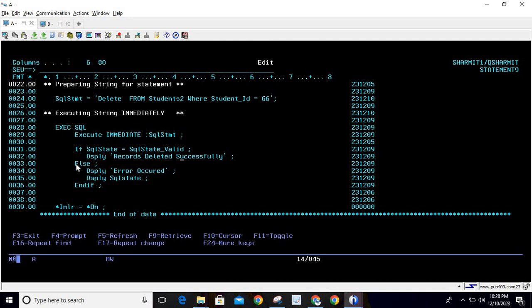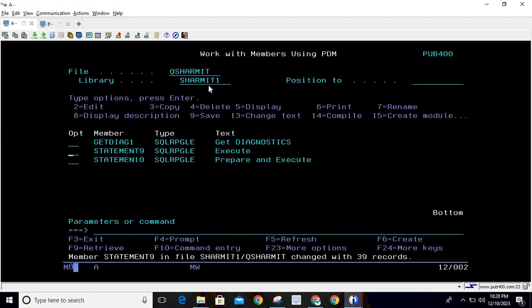You can also specify an else if condition to check for SQL state 02000. Otherwise you can make the program dynamic, as I did here. I just put everything inside the else block, where I'm just printing an error occurred message with a display of SQL state. Okay, at last we are just doing INLR on. So let me quickly compile this program